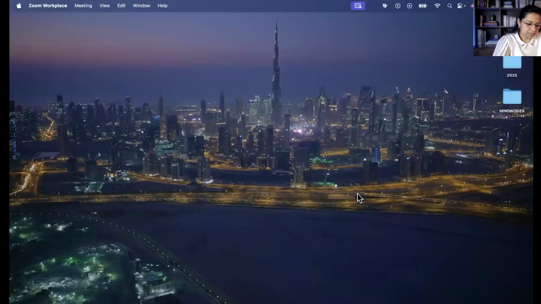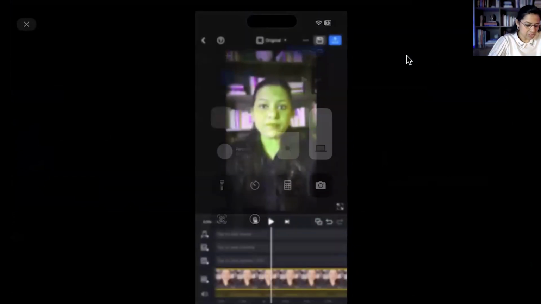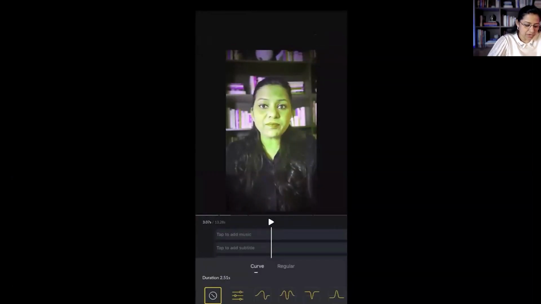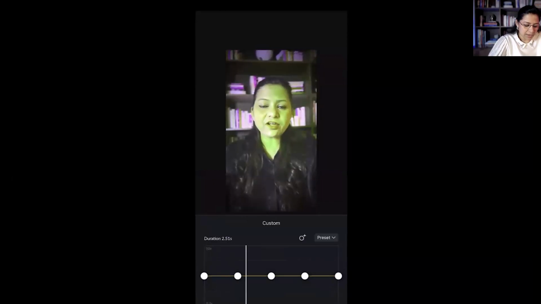So when you go up, you increase the speed, but when you go down, you decrease the speed. Let me show you how to speak slow. So we go here, and for example I select this line, go to the speed option, choose the custom option, and I'm making it go down. Last time I made it go up, now I'm making it go down, and I'll show you what's happening here.